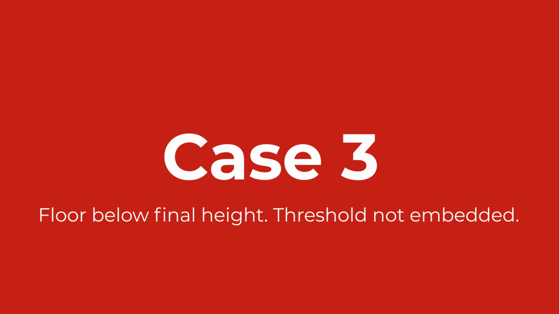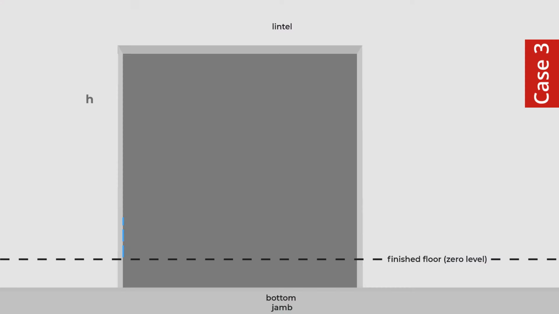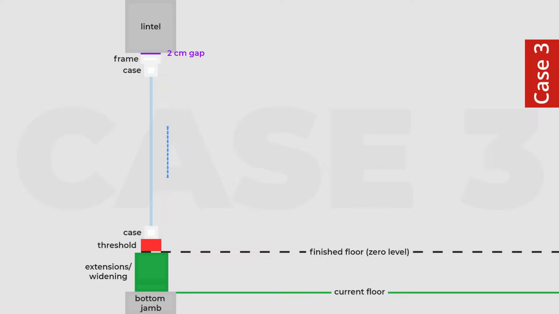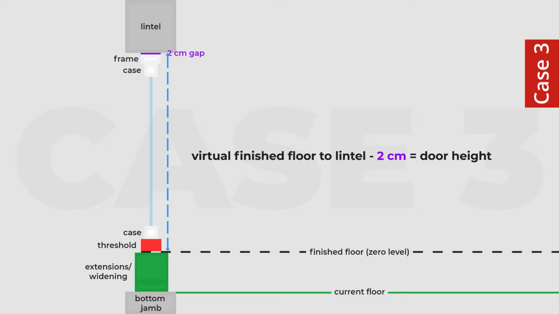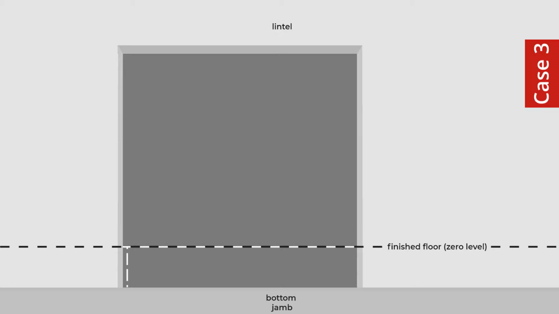If you install a bifold door or sliding door like Smile Slide with a threshold base set at floor height, measurement is much simpler. You only need measurements at 3 points in height from the 0 level of the finished floor to the lintel. You subtract 2 centimeters from the lowest dimension and this is the height of your door. Extensions: in 3 points as in the previous example, the height from the finished floor level to the bottom jump. You give the lowest value to the supplier as the dimension to which you should choose system profiles expanding the frame or ground profiles. Let's put it into practice.